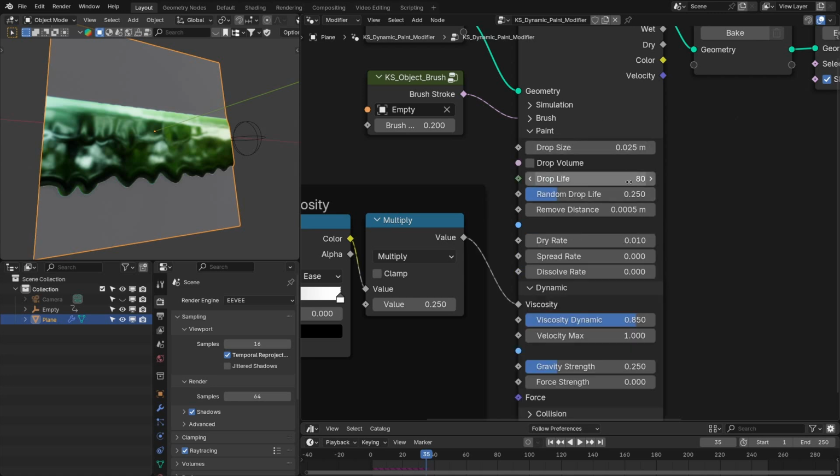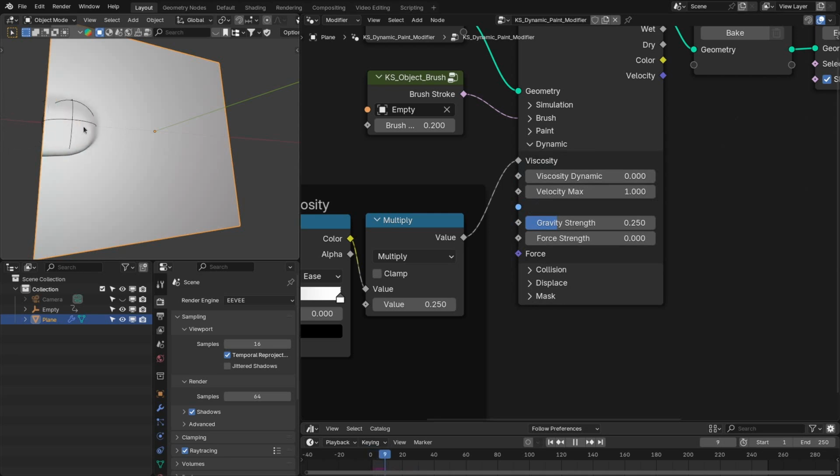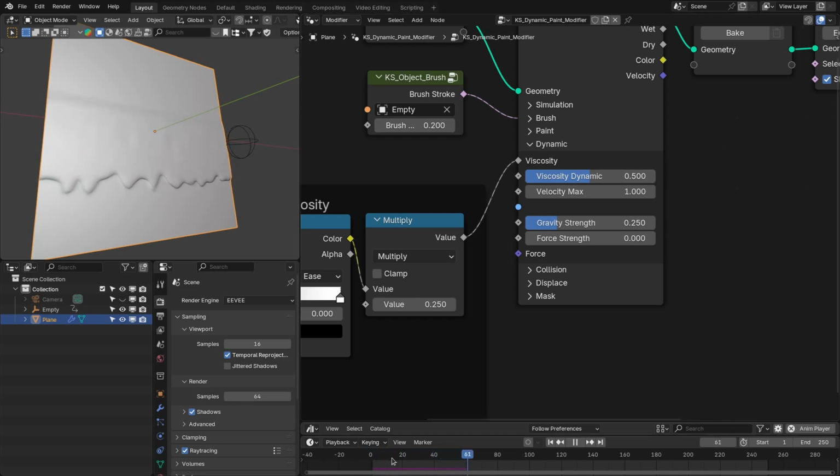Okay. Let me make this 35, and let's make this 0. You will see that the paint will suddenly stop when the drop reach its lifetime. See, this doesn't look natural. You can use this vector to add the dynamic viscosity to the paint. So the paint slowly or gradually stops when the drop reach its lifetime. See,